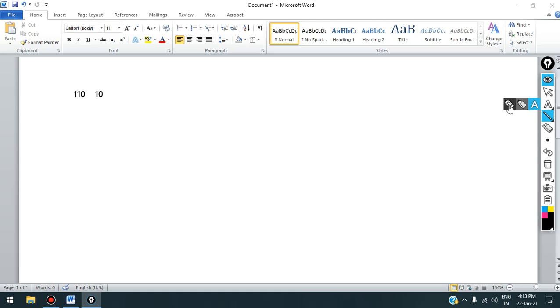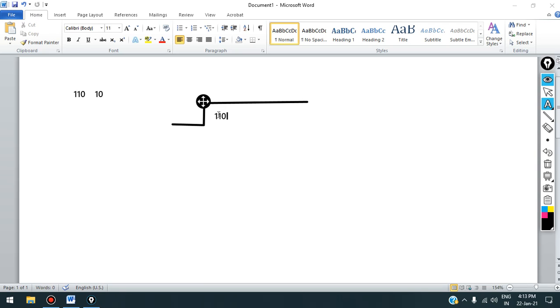Let us divide this. Remember, for dividing the numbers we will follow the same rule as we divide numbers in the decimal number system. So the rules are the same. We subtract after dividing. So let us divide. Our number is this one, that is 110. This is the number.